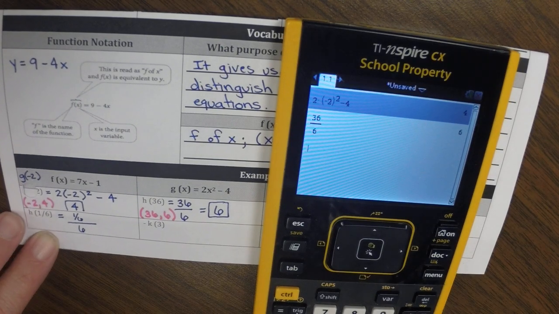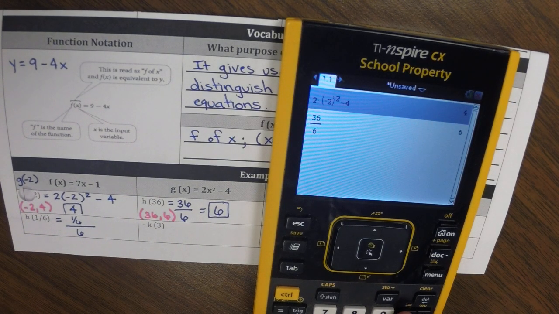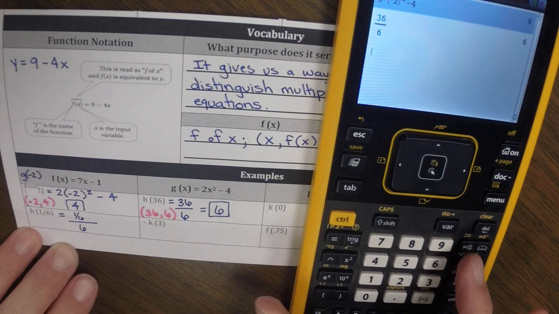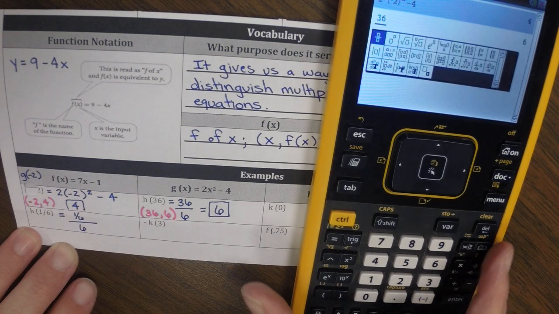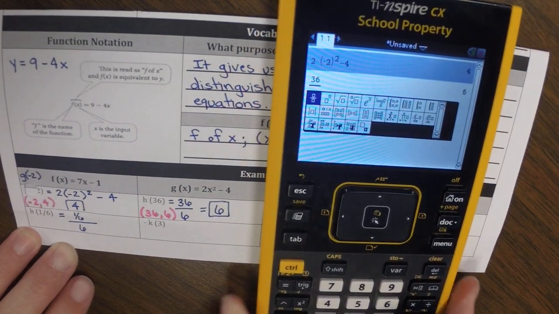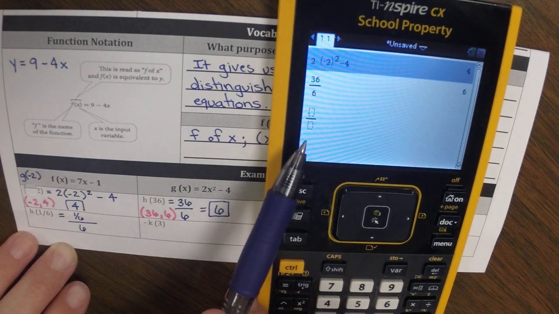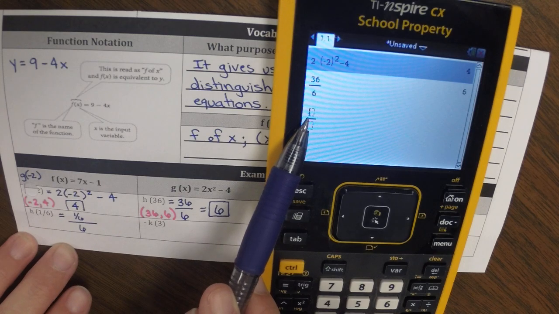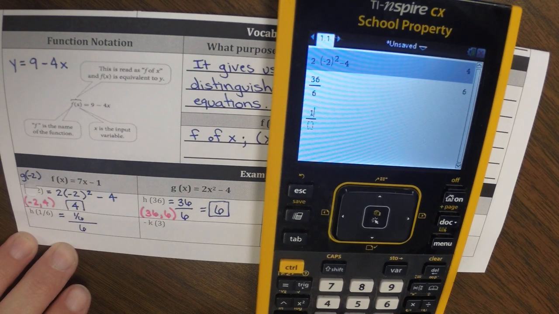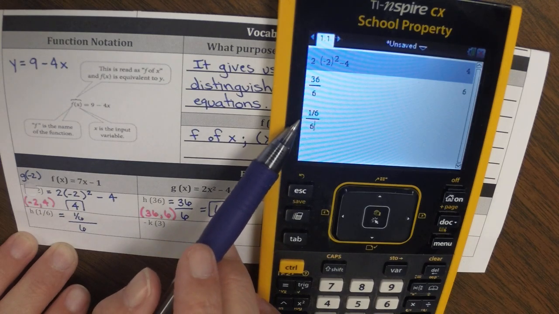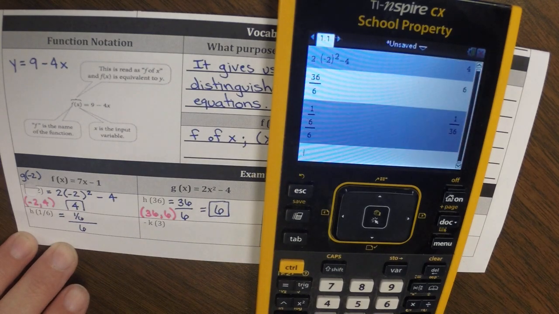So when you're going to put this in, you're going to want to go to this crazy button over here by the 9 so that you can find your fraction. So right here in that top row is your fraction, so that in this top you can put your other fraction. So you would do 1 divided by 6 so that you've got a fraction in the top, then go to the bottom and hit 6.